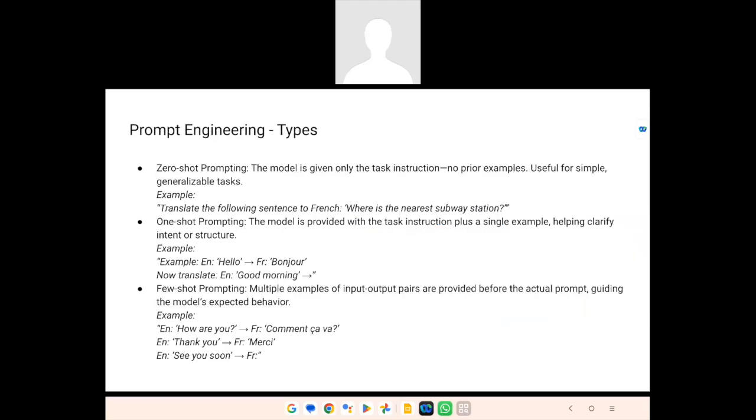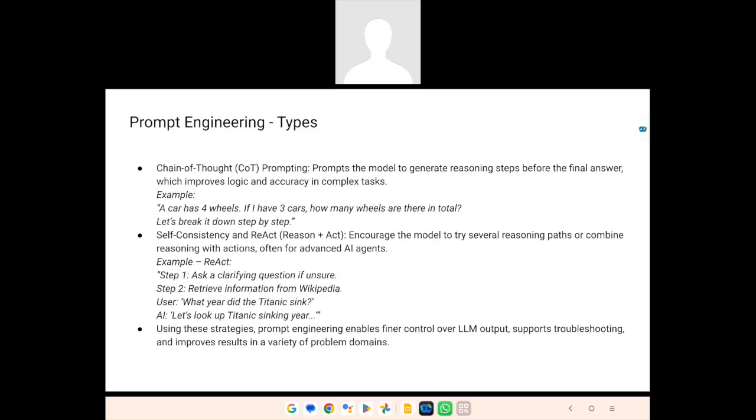And prompt engineering, like I mentioned, these are the types of prompt engineering. Like you have zero shot prompting, you have one shot prompting, and you have two shot prompting. It is basically how many examples you give and how detailed your examples are. Okay. There are other types of prompts called chain of thought prompting and also React based prompts.